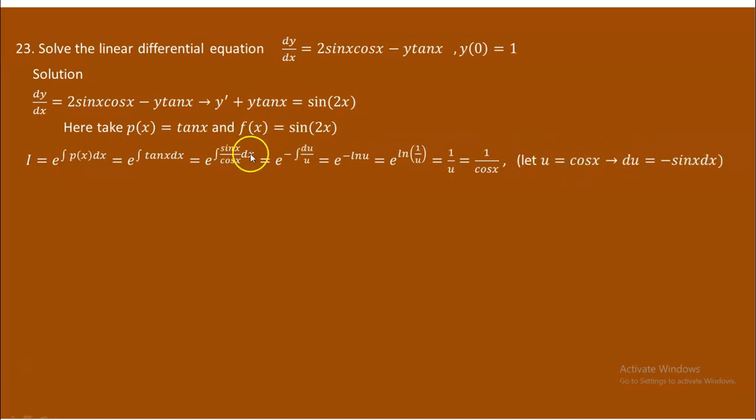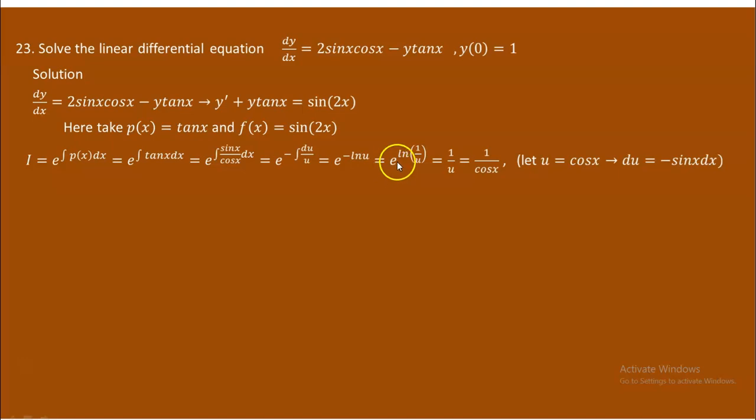So in place of sine x dx, have this to be negative du. So just have negative out, and then du over u comes. And from this, e is a power of, we know that minus is out, integral of 1 over u du is ln u. So from the logarithm property, I can bring this minus 1 up as the exponent of u,